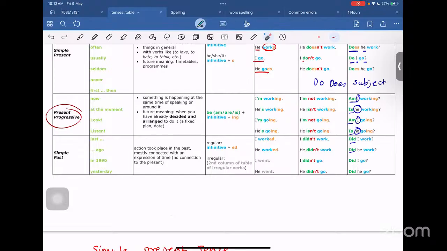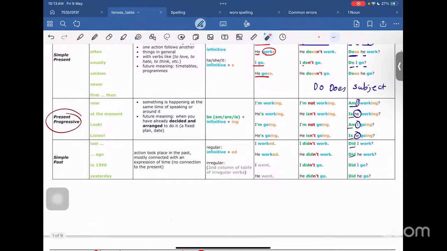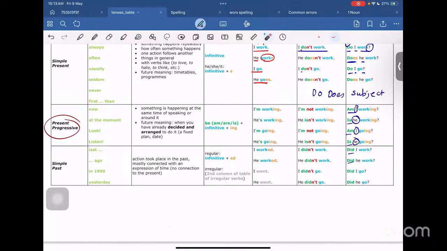ओके, इसीलिए जब आपको प्रेजेंट हैपनिंग चीज जो अभी इस वक्त हो रही है वो बताना होता है, तो अब हम लोग यूज करते हैं प्रेजेंट कंटिन्यूअस टेंस। जैसे कि आई एम वर्किंग, ही इज वर्किंग, आई एम गोइंग, इज गोइंग। अच्छा निगेटिव में क्या करेंगे, सिंपल नॉट लगाएंगे यहाँ पे। यहाँ पे सिंपल प्रेजेंट जैसा कुछ इशू नहीं है कि डू यूज करो, डज यूज करो। आप यहाँ पे स्ट्रेट फॉरवर्ड नॉट यूज कर सकते, क्योंकि उसके सपोर्ट में यहाँ पे टू बी के फॉर्म है। टू बी का फॉर्म क्या रहता, एम, इज, आर, ये टू बी के फॉर्म है प्रेजेंट टेंस में। ओके, और वाज वेयर पास्ट में, विल फ्यूचर में।